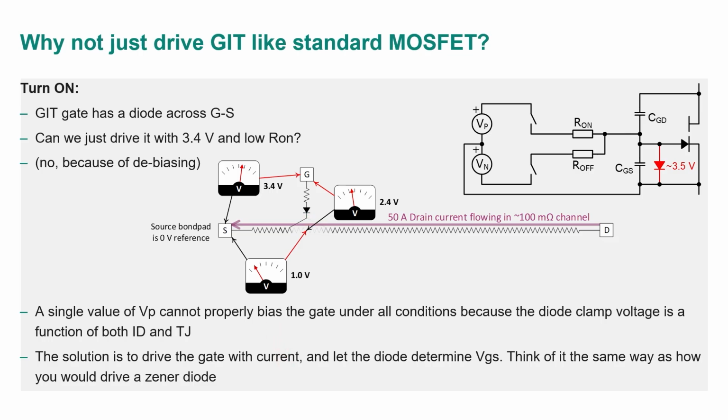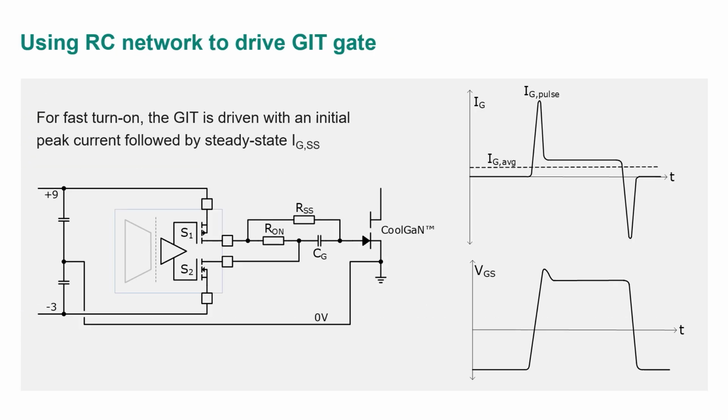And now the question is, do I need a special gate driver to do that? No. You can use a standard off-the-shelf gate driver just like you'd use for silicon or an IGBT, for example. And we use a network here called an RC network. It's quite simple. It's really just a capacitor in series with a low value resistor. So this might be, for example, 3 nanofarads and 5 or 10 ohms here. And this delivers a quick turn-on charge to get everything turned on properly. And you see that here. You get a pulse of current in the gate.